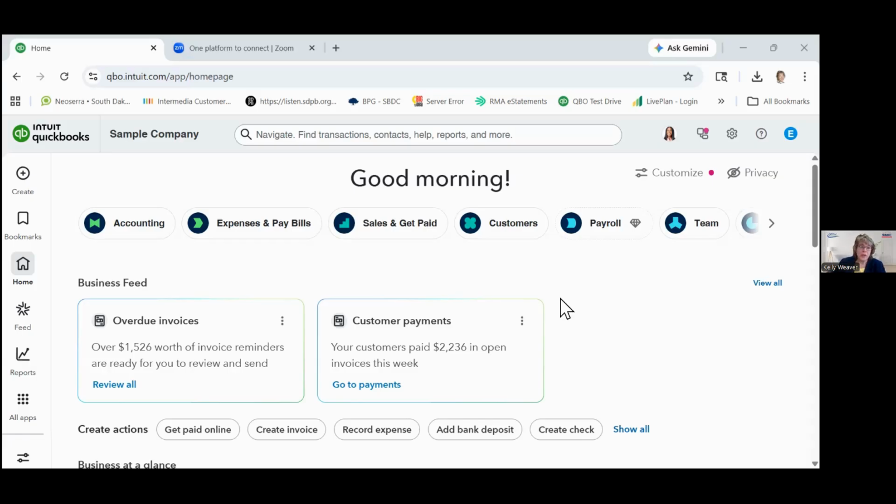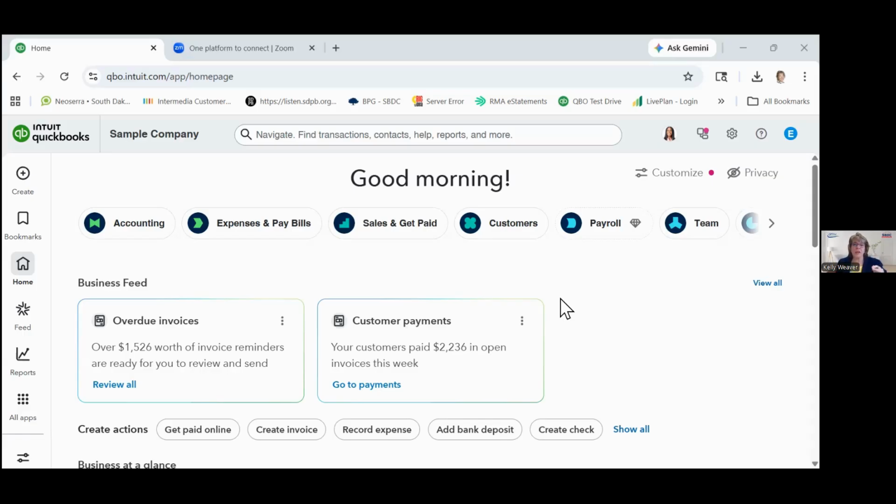So when you create your QuickBooks account, you're generally asked a series of questions that help QuickBooks fine-tune what features are readily shown. Know that even when you answer those questions, let's just say you say, I don't track inventory, it may hide or de-emphasize inventory-related features because you told it you didn't use it. But if that changes, all you need to do is go and change that setting and those features will become available. So it's not like they go away or you have to pay extra to get them back.